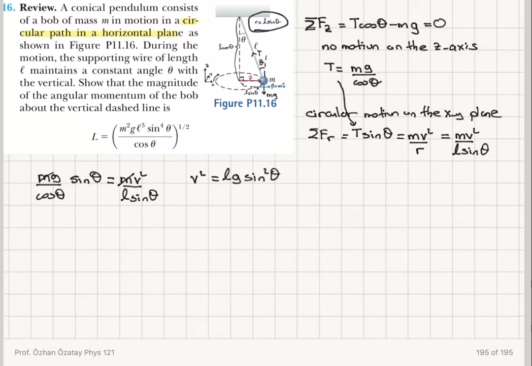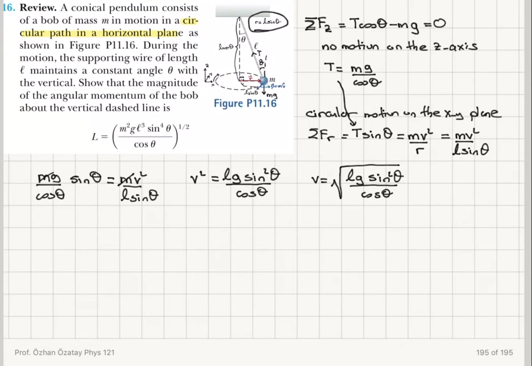So I find that v squared is equal to L g sine squared theta divided by cosine theta. So v is equal to the square root